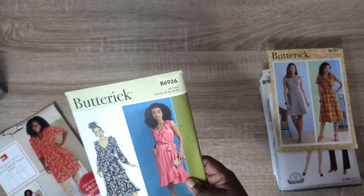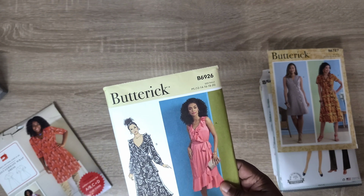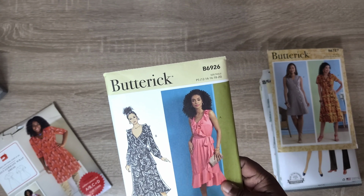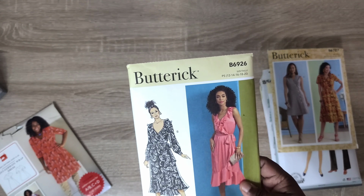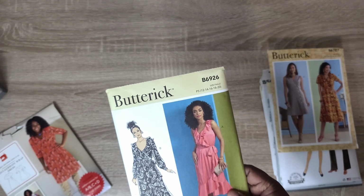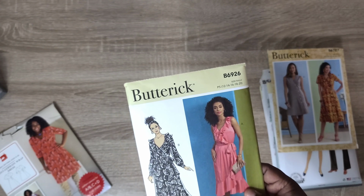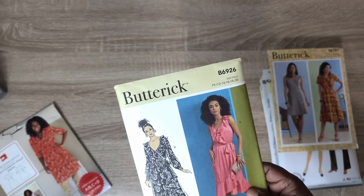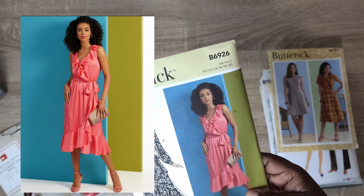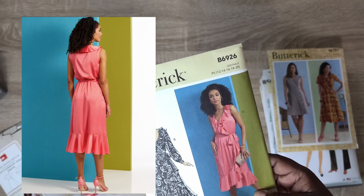I did pick up this Butterick pattern. It's the Butterick B6926. It came out in Butterick's earlier release of, I believe it was the summer or the late spring. It has a flounce around the neckline. So remember when I talked about flirty wrap dresses in my previous video, we talked about the different silhouettes of wrap dresses. Now this would definitely fit in that flirty category because it has the nice feminine flounce around the neckline, the bow detail around the waistline, and then you also have a flounce at the hem,